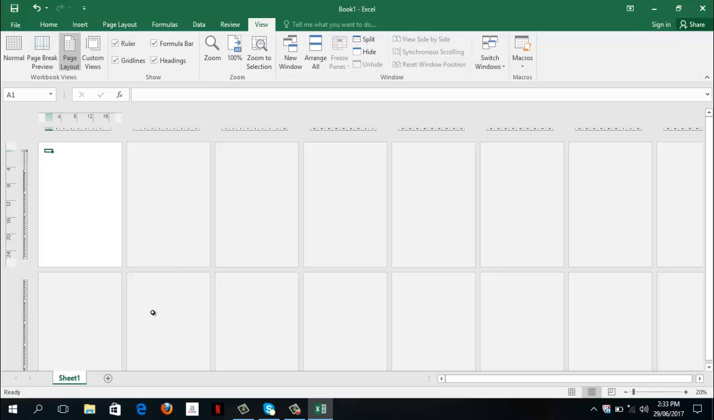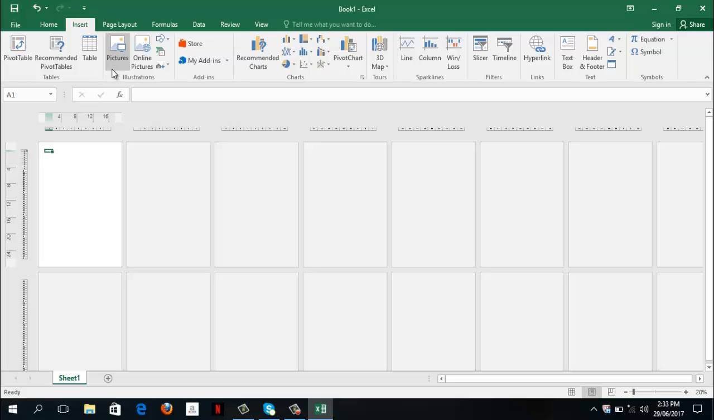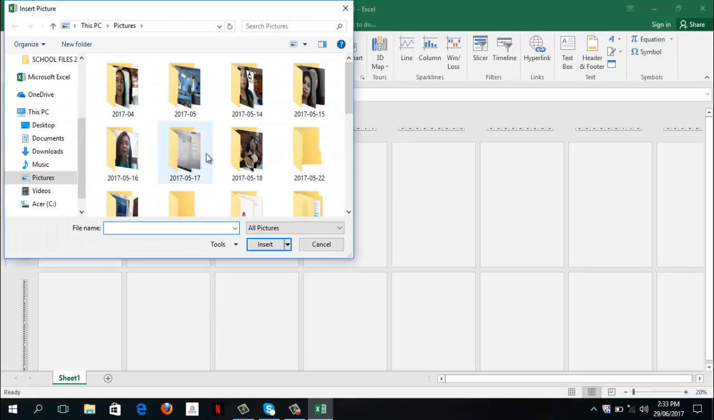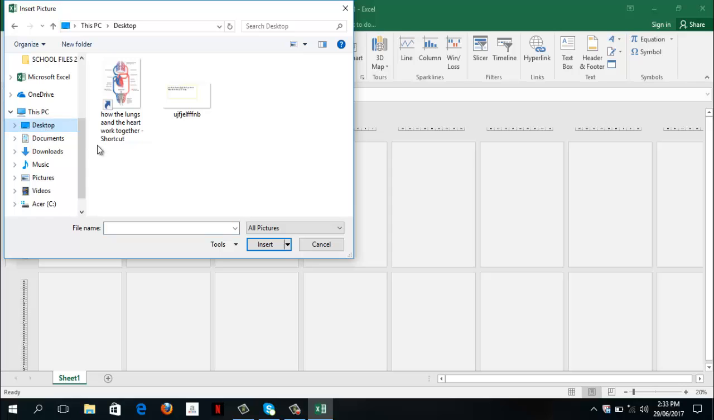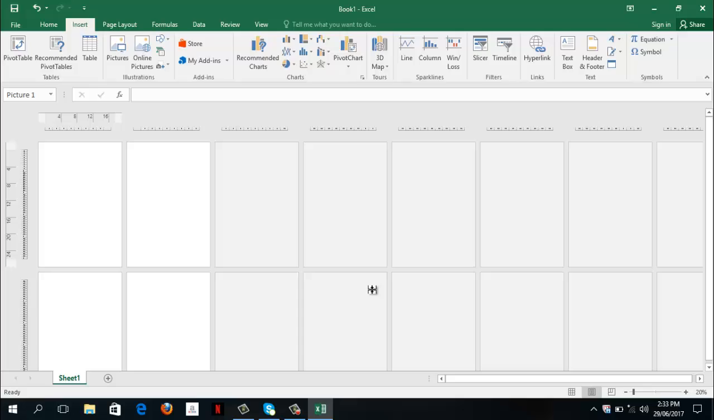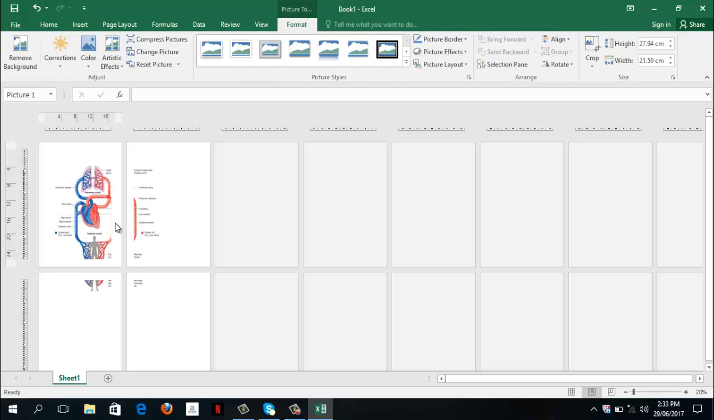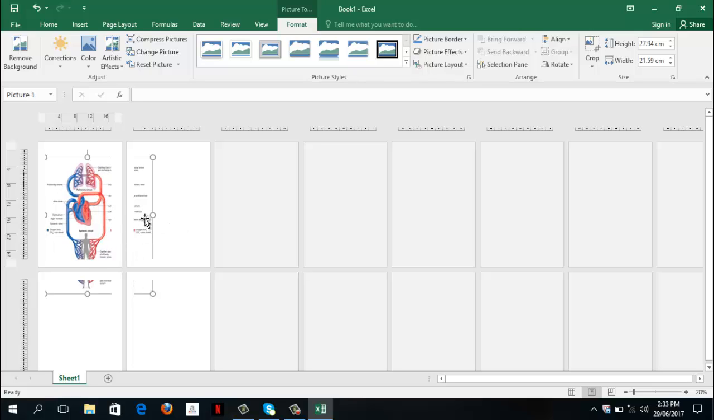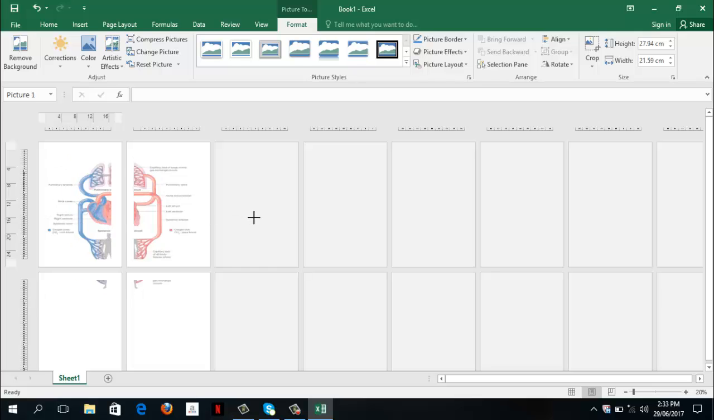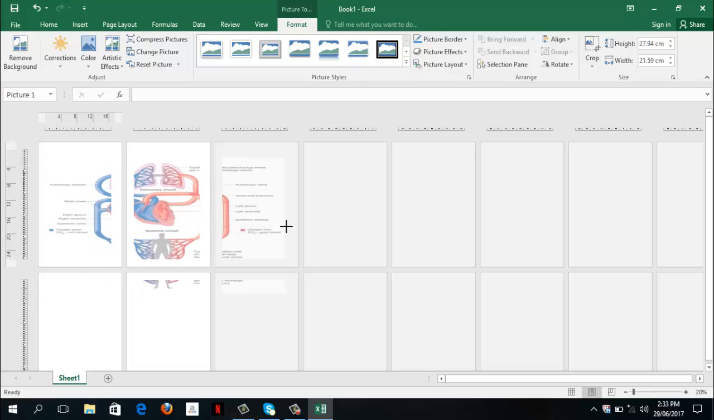So once you have that already in your screen, you can now insert the picture that you want to make as a tarpapel. So I have here in my desktop. Okay, click the picture and then insert. Okay, there. Then what you will do is just to resize the picture that you want to make as a tarpapel. So I just click